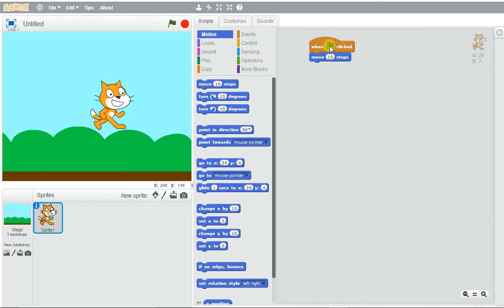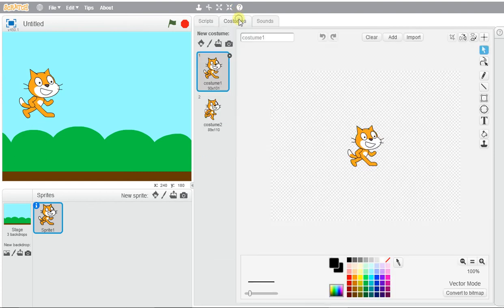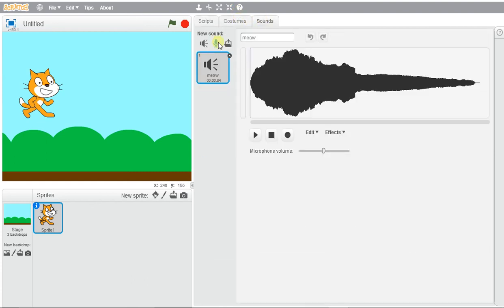Right now I have a quick program that says when the green flag is clicked, move 10 steps, which is 10 pixels. So every time I click the green flag, it's going to move 10 pixels, and you can just click and drag and move them wherever they need to go. Costumes, like I said before, you can edit. Sounds, if you want to